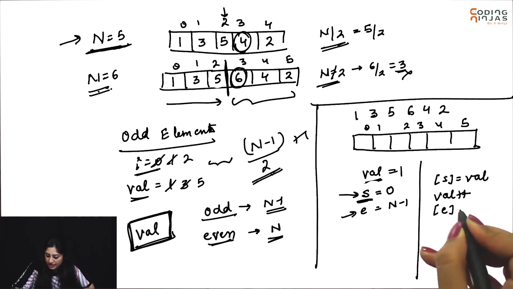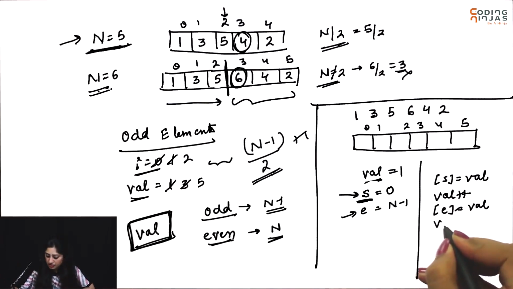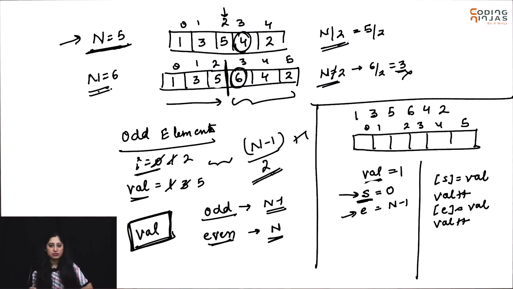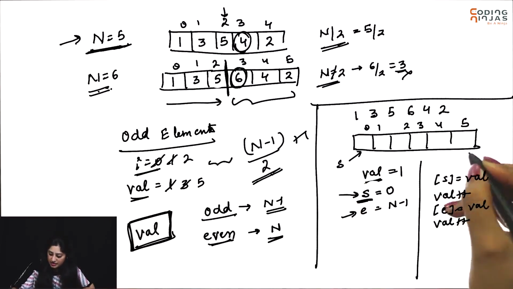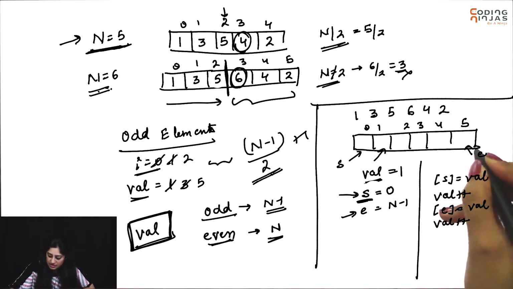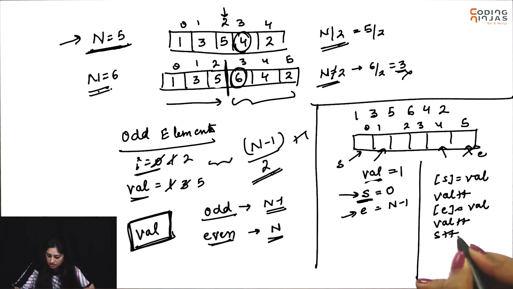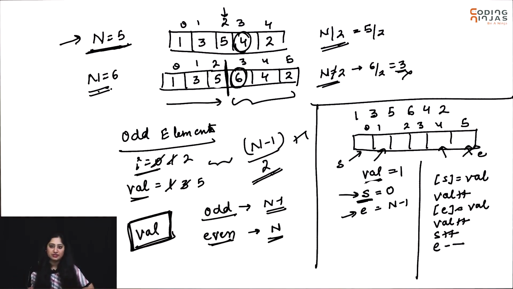Now at the end index place value again, because 2 should be placed at the end now. Now after placing 2, the next number to be placed is 3, so increase value by 1. Now you have placed an element at the start index, you have placed an element at the end index. The next element should come here, the next element from the end should come here. So start index plus plus and end index minus minus. So I'm changing my start and end accordingly as well. So initially start was 0, end was the last index, and you have placed them, and place value accordingly increase